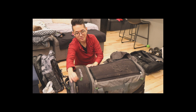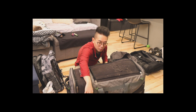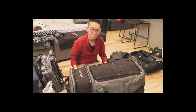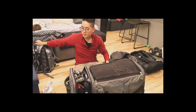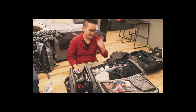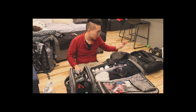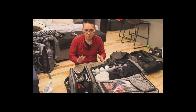So I just repacked this bag just for the purpose of this. So there may be some stuff missing that I would normally have in here, but for the most part, everything is here. So first off, I'm going to just unpack it for you guys. And it's not packed exactly how I would prefer it, since I have been using the backpack more often now and the new bag. Anyways,